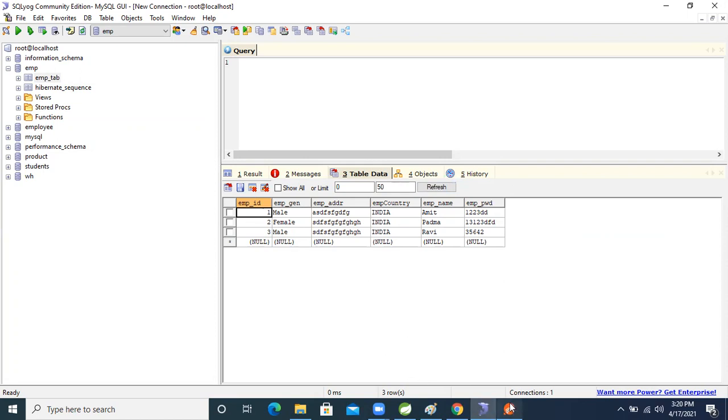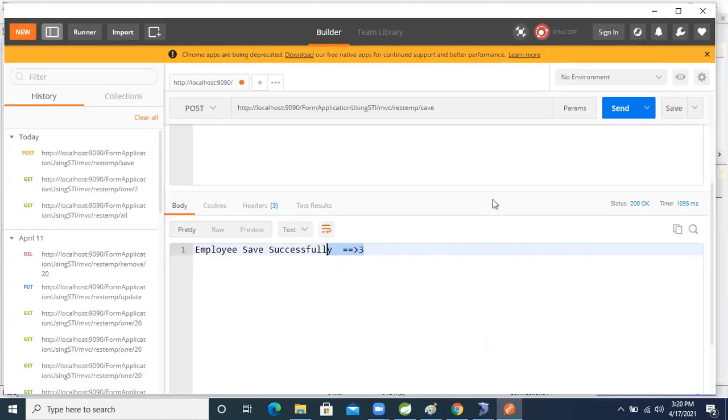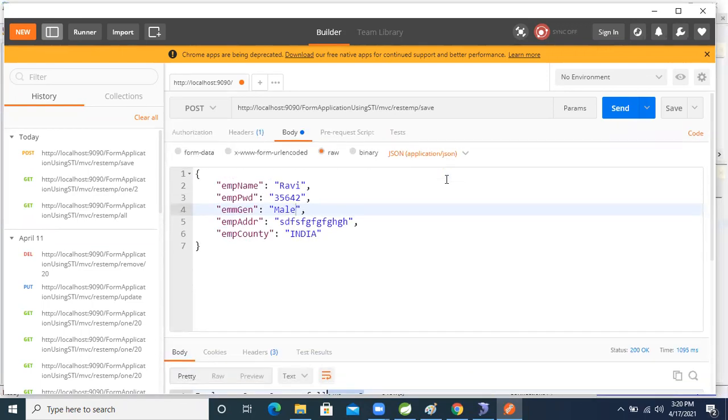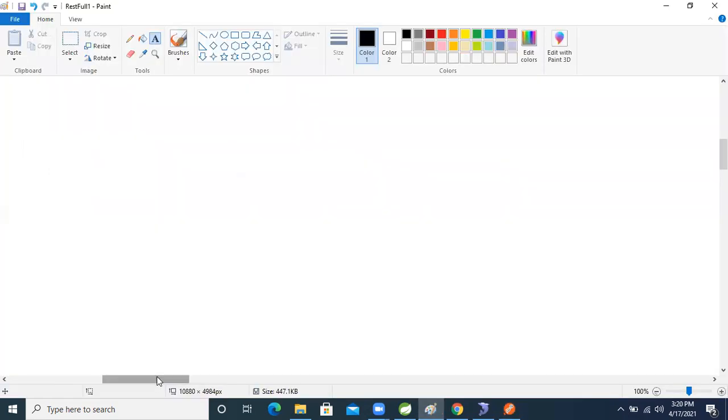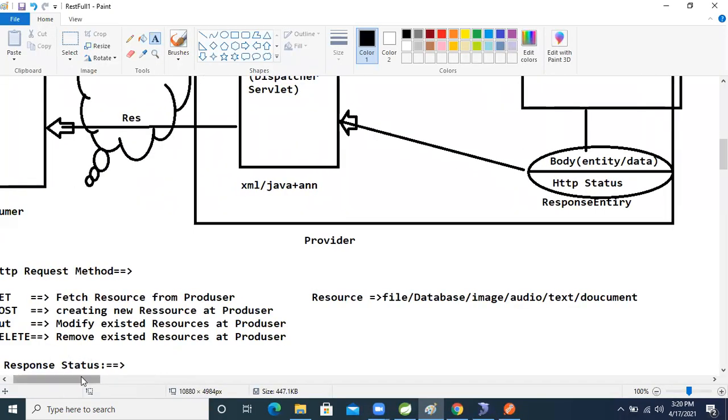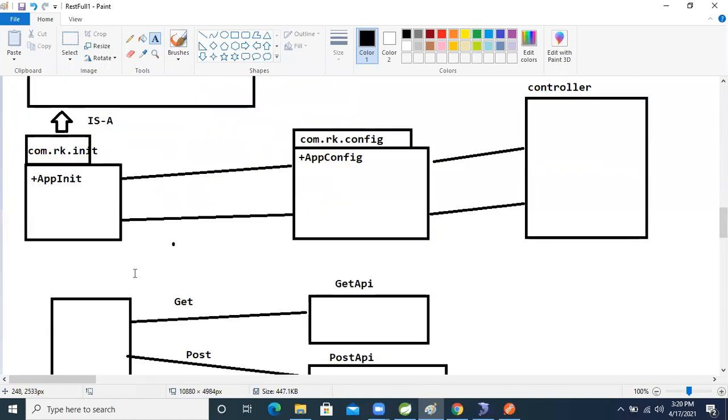But observe the Postman client. First observe the Postman client. I explained initially on the first day, right? This part is the header part. In the header part, we are sending the content type, application JSON, guys. Come here, I will explain again. I need to, that is why I'm taking the time.